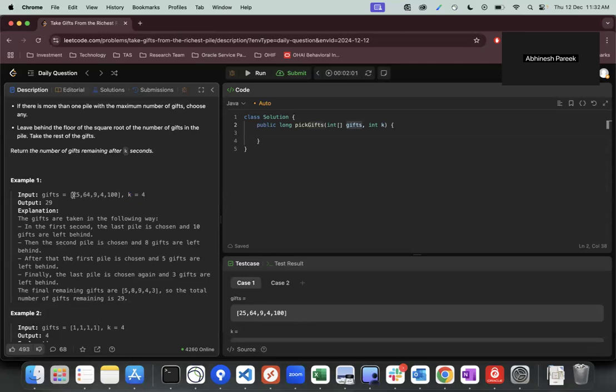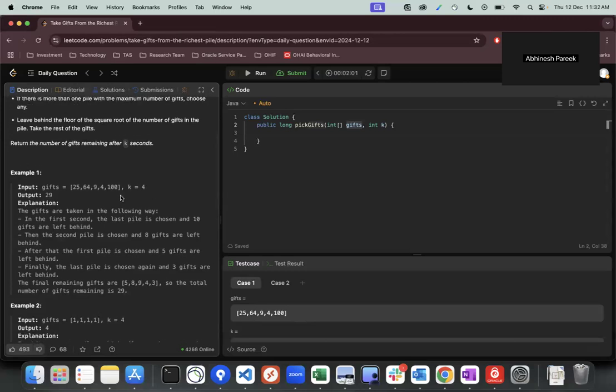In the previous, I said n squared log n, it should be n into k into log n, right? So we have to do the sorting only k times, not n times. So the complexity with the priority queue becomes n log k. So that's what we will be using,